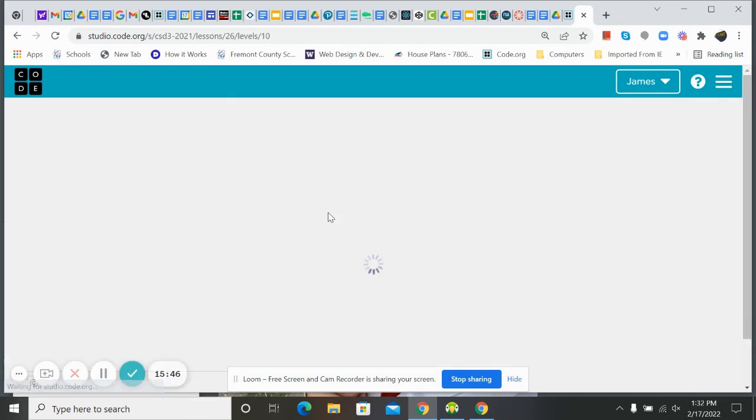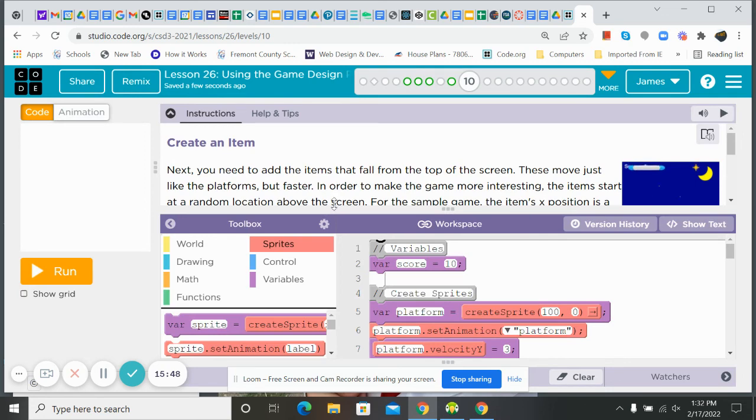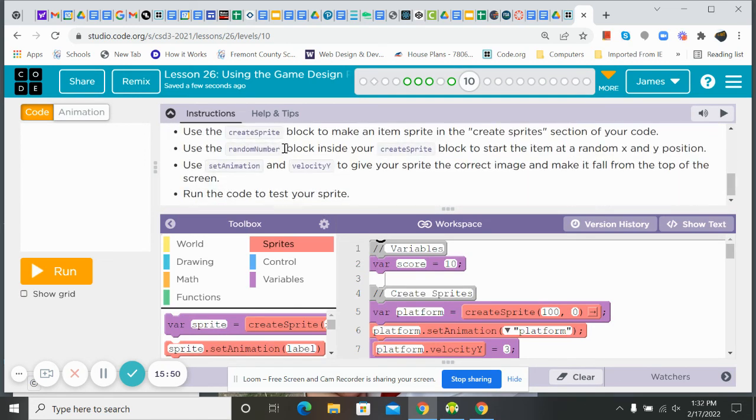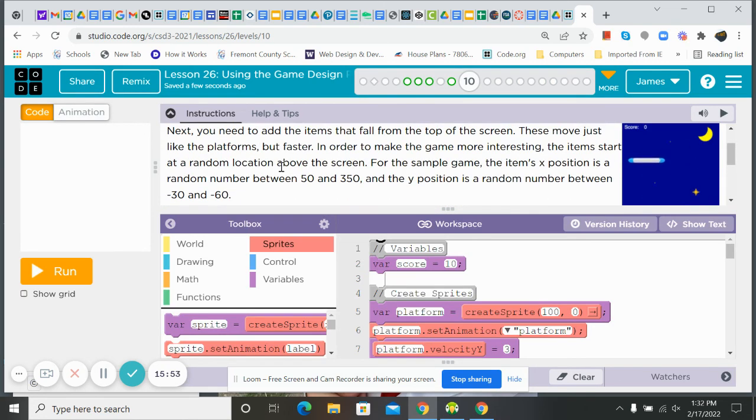Level 10. Create an item. So it says do this. Oh, and it even gives us a random number for X position, 5350, and our Y, negative 30, negative 60. So I'm going to pause the video right here, and I'll make a second one for the remainder. We're going to